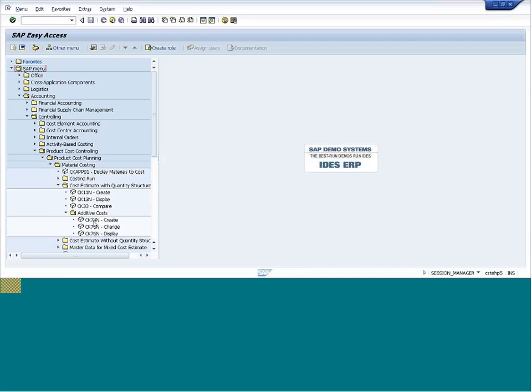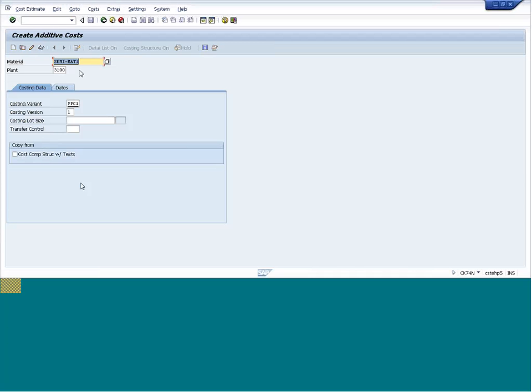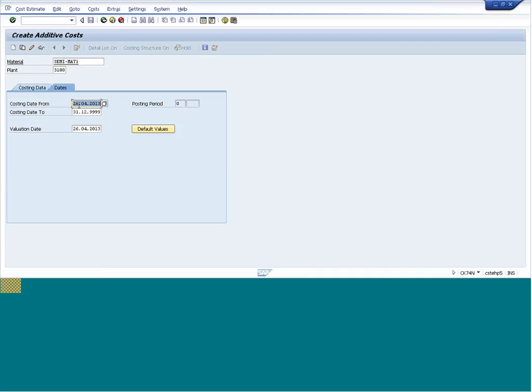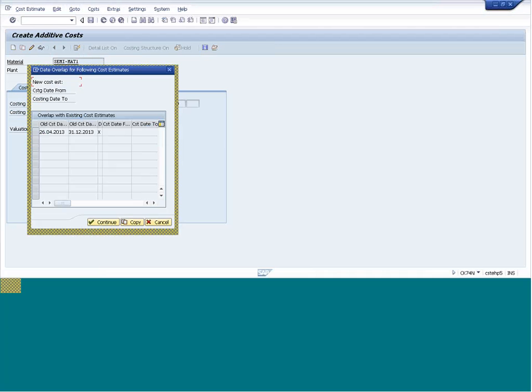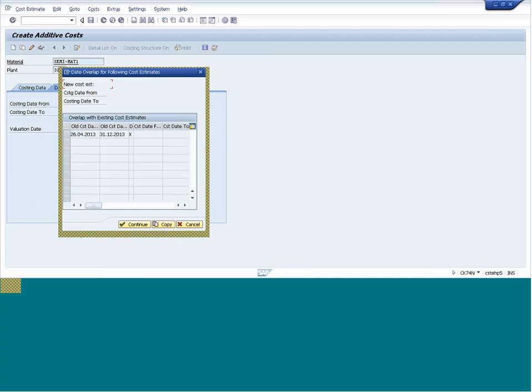So here additive cost is there. You see here, this additive cost section is where you create additive cost. If you recollect the cost we did with KKPAM and unit costing, the same thing we are going to do here. This is the material and this plant, and we are adding some cost. So here we are putting the date. I already established one earlier, so